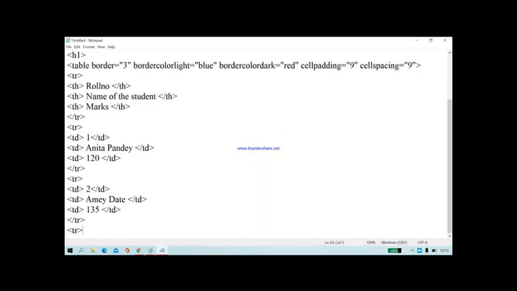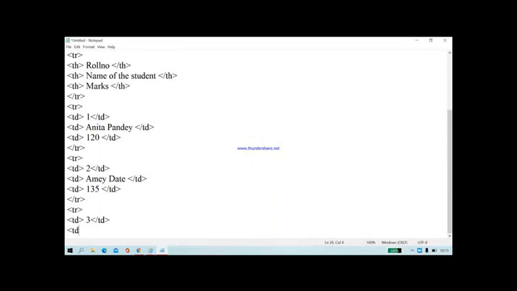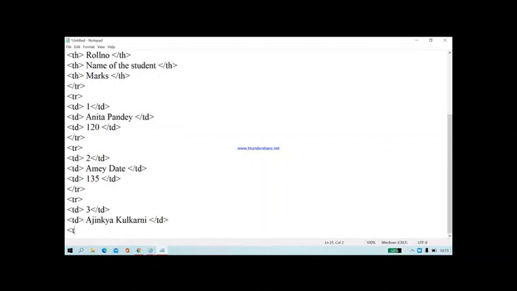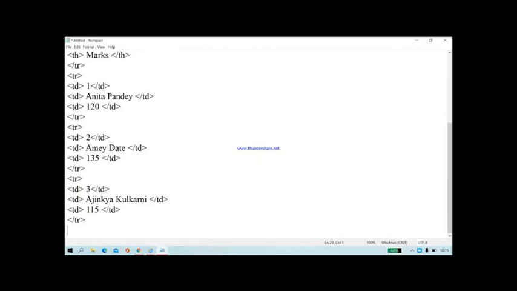Now again the fourth row I am inserting, with the roll number 3 /td, then td, the name, /td, marks /td, and /tr.